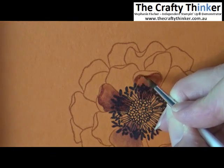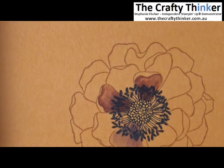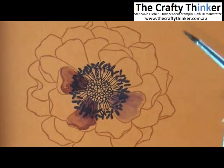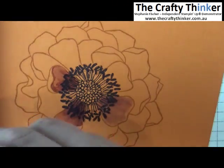I'll probably make this bit here a bit. So you can tell as this one dries it's going to need a lot more work on it, and that's okay, we can do it in layers a bit at a time. It's best to do it a bit at a time rather than try and get it all perfect the first time, because